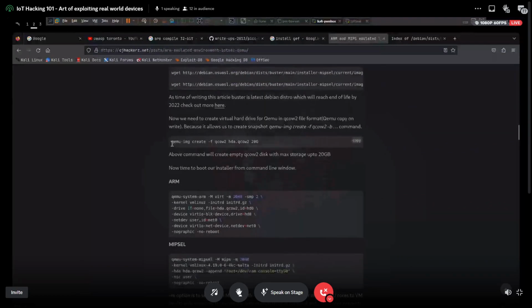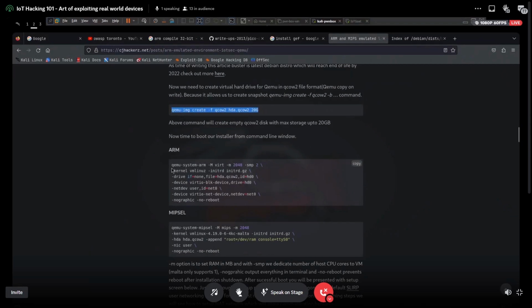Once you do that, you have to create a hard drive, with any space you want to give. Give it like 20 gigabytes. Once that is done, you start the machine, loading the image files you just downloaded into your RAM. I have set up my hard drive over here. I have set up the other stuff like networking, and I basically do all of this.